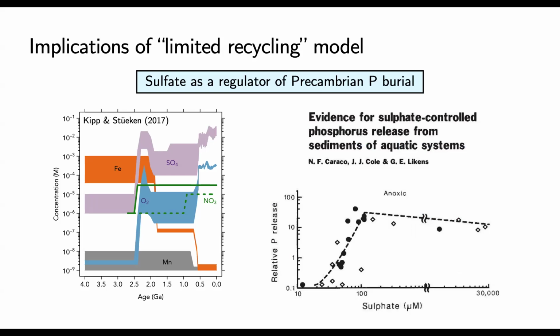This work from Caraco and others in, I think, 1988, they looked at anoxic sediments as a function of sulfate, which we can't find any low sulfate analogs of in the modern ocean. But if you go to non-marine settings, so they're looking at anoxic lakes, you can find anoxia but low sulfate. And on the y-axis, relative P release, again, note this is a log scale, they see a steep drop-off in the amount of phosphorus recycled to the overlying water column when they get to low sulfate but still anoxic conditions, meaning it's staying buried with the biomass, as we would predict in this model.